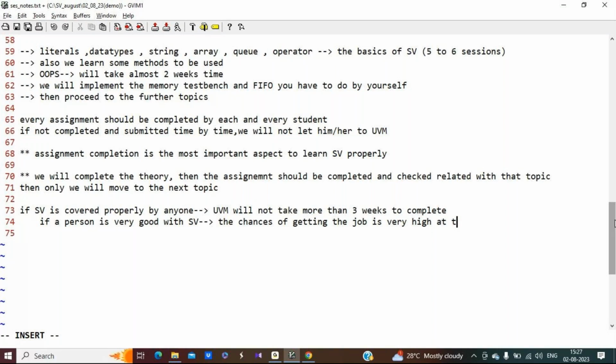After completion of SV, you can simultaneously learn UVM and apply for the job. Because UVM is based on SV only, and if I take the weightage, SV is carrying 100% weightage